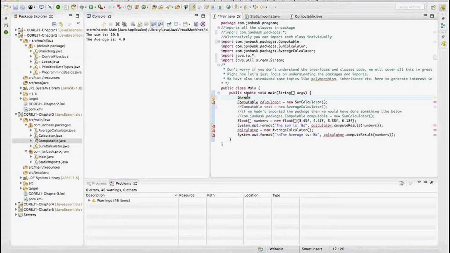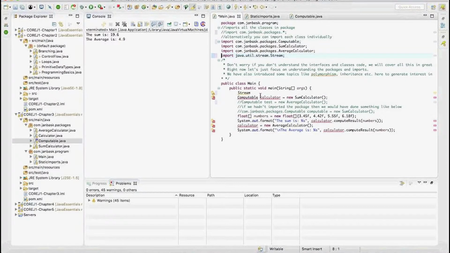So you see, I can see the stream is defined in the Java dot stream package. So it's defined in the stream package, and the class name is stream. I can use that, or I can import all the types in the stream package itself, and say stream dot star, and say stream new stream